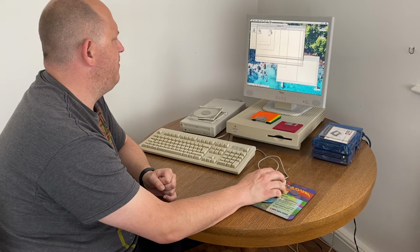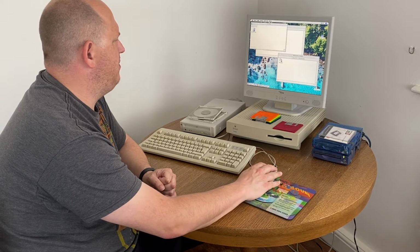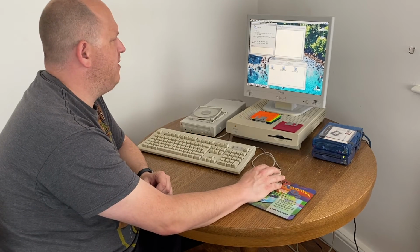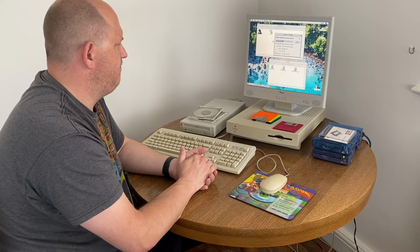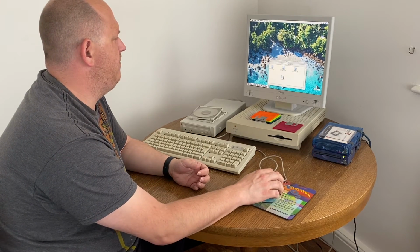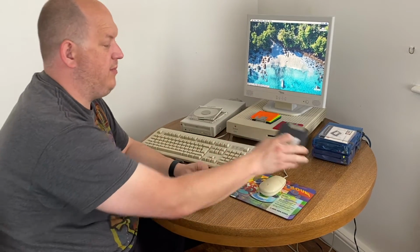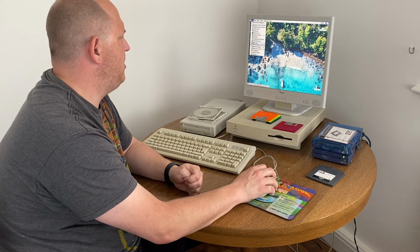So, let us copy some pictures over to the zip drive. Eight meg. There we go, so we have some data. And I'm going to eject the zip disk. So we've seen CD, floppy, zip. Unfortunately not networking, although we should be able to go to